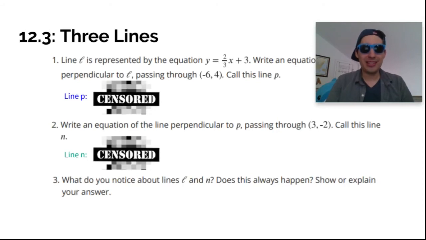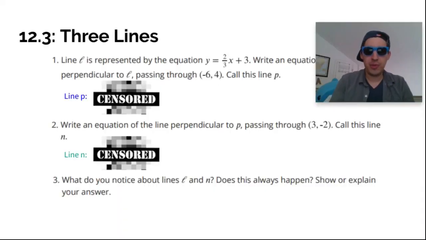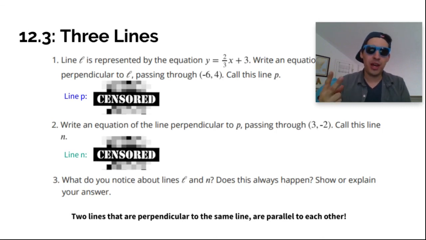So what do we notice about lines L and N? Well, they're parallel to each other. Does this always happen? You bet it does. Why? Well, this goes back to a topic that we learned in Unit 1 at the beginning of the year. If two lines are perpendicular to the same line, then those lines must be